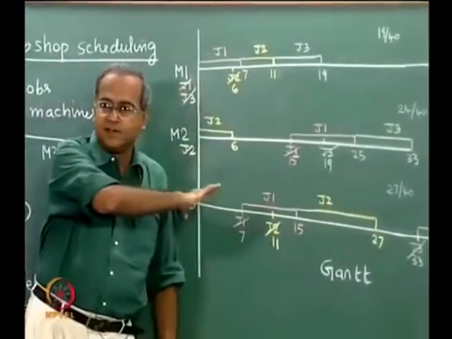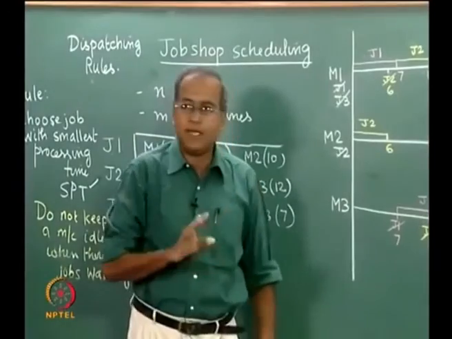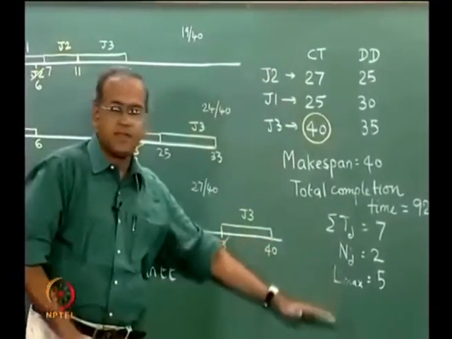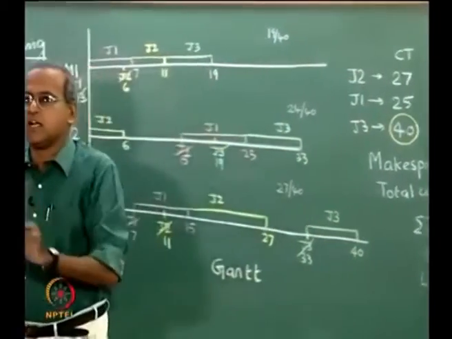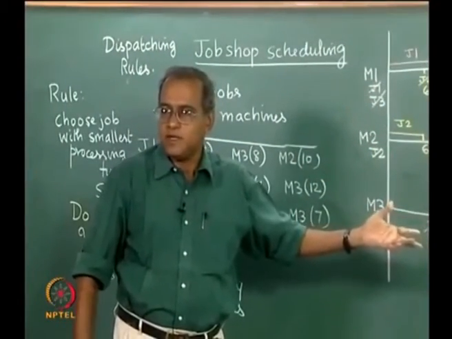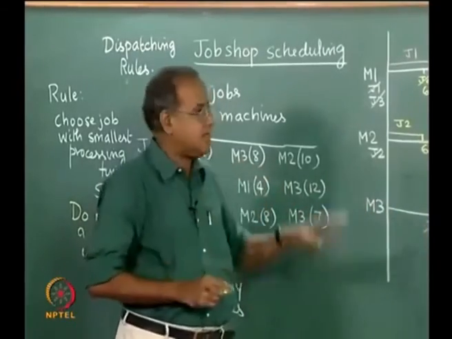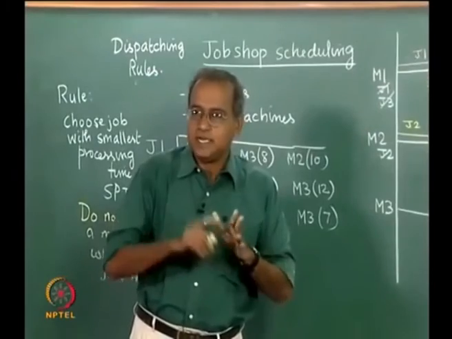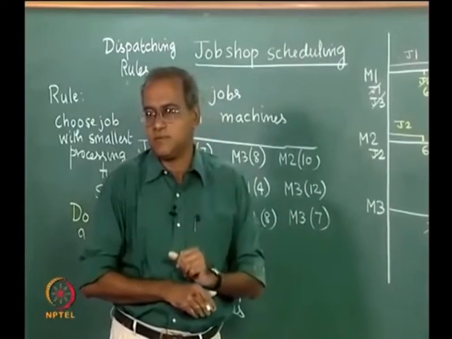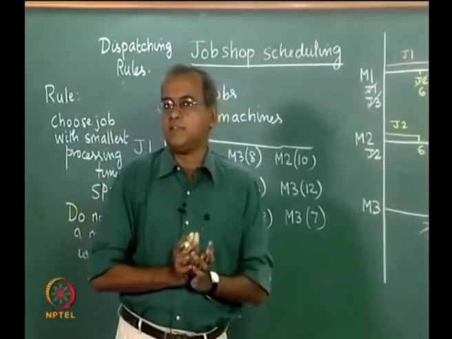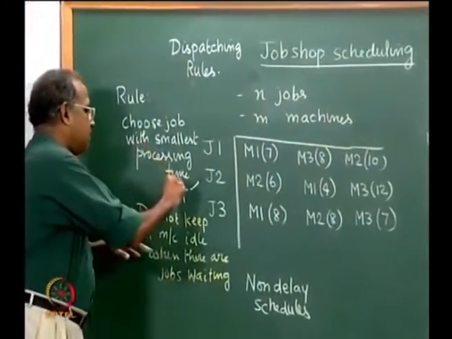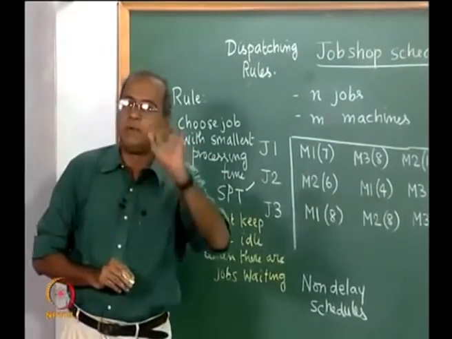The other advantage, as I had mentioned, with the Gantt chart based scheduling and the Gantt chart based dispatching rule is that these are evaluative in nature. With a single Gantt chart schedule, we can evaluate each and every one of the objectives. The positive thing is the efficient pictorial representation, easy to understand, and the ability to evaluate a variety of objectives. The not so positive thing is that it is simply dependent on a particular rule and it does not depend on a particular objective function.